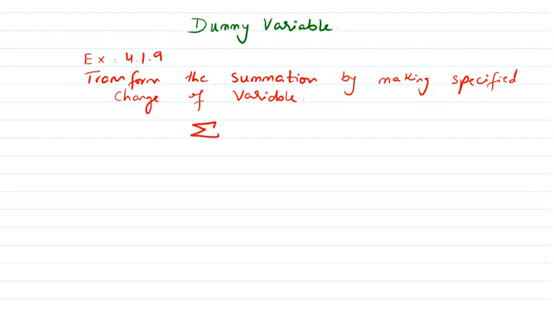Now, what is the summation at hand? That is basically k from 0 to 6, 1 over k plus 1, and the change of variable that is given to us is j should be replaced with k plus 1, right? In some questions, you may be given the change of variable, but in some cases, you have to change it yourself according to your own choice and certain manipulations, right?